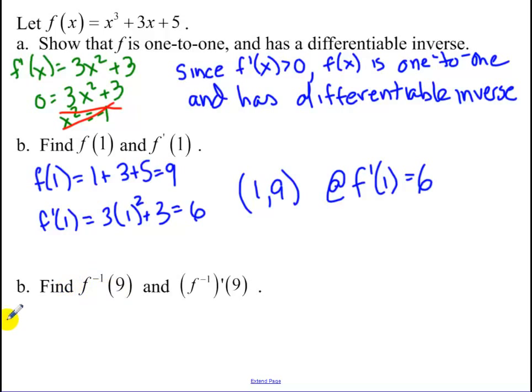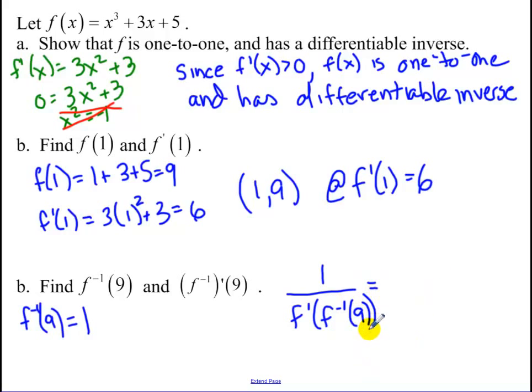So now when I'm looking for f inverse of 9, remember this is the y's of the original function. The x and y switch, so therefore that point is 1. Now I'm looking for the inverse of the derivative. Well, that's going to be, using the formula I gave us earlier, 1 over the derivative of the original function evaluated at that value,